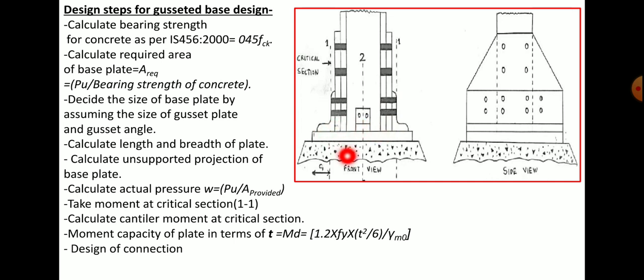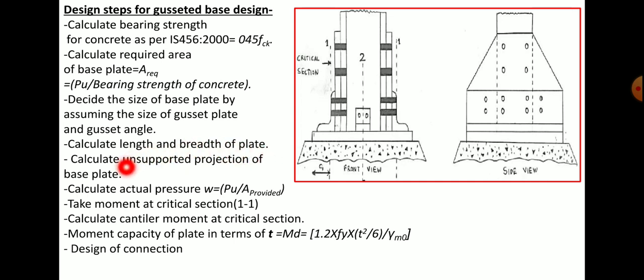So initially, for calculating the length of base plate, you assume the thickness of gusset plate and the size of your angle section. Using that you may calculate the total length of base plate, correct. After calculating the length of base plate, area divided by the calculated length of base plate, you will be getting the breadth of plate. Again, see whether proper edge distances are available or you can increase that particular area.